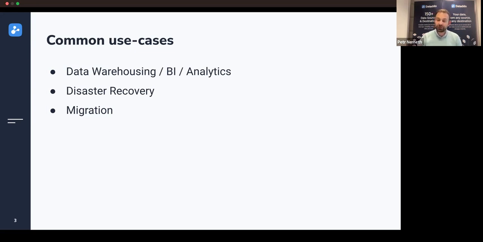And this is the exact reason why you would use the CDC technology. There are other reasons to do so, which we'll not touch today. The second is, of course, what can be called disaster recovery. So typically, when you need to make sure that your data is actually available in multiple physical locations,